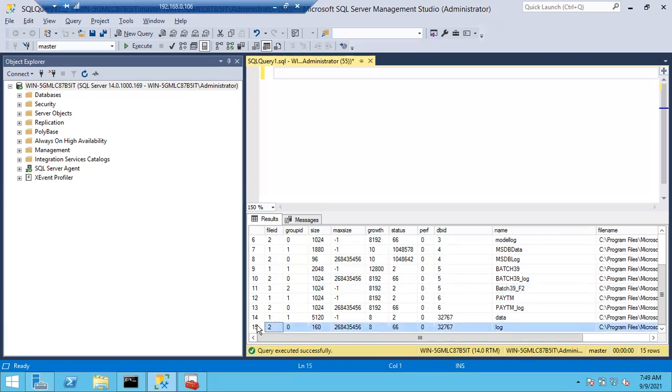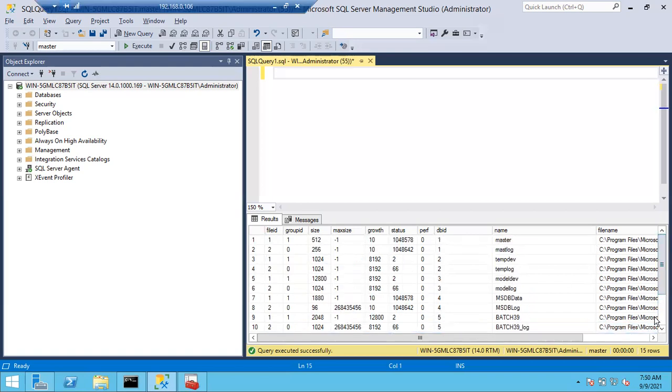But sometimes, if there are 1 lakh records, you cannot drag and drop like this, right? So you can see how many records there are using this number. In total, this table has 15 rows. 15 rows means each row is one record, so there are 15 records in this table.